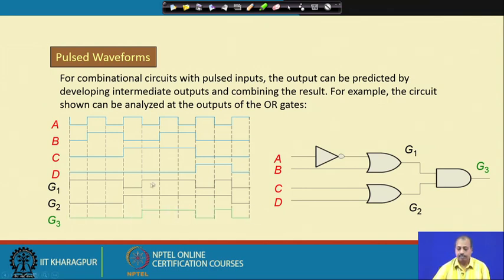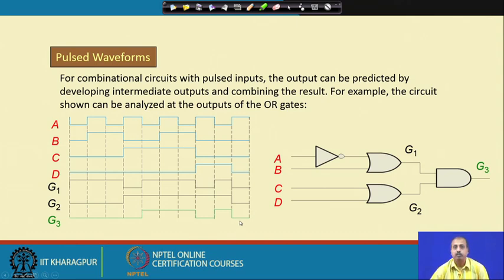And finally, G3 is the AND of G1 and G2. So, whenever G1 and G2 both are equal to 1, G3 will be equal to 1. G1 and G2 both are equal to 1 for this much time, so this G3 is equal to 1. Again at this time, G1 and G2 both are equal to 1, so this is equal to 1, otherwise it remains at 0. So, this way